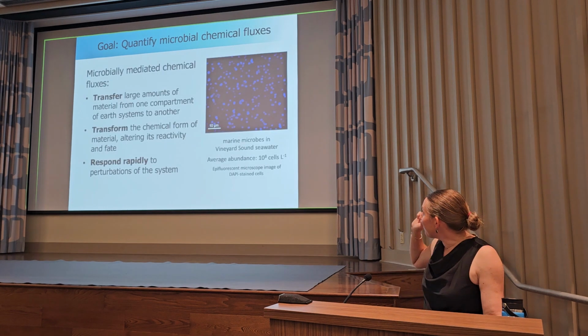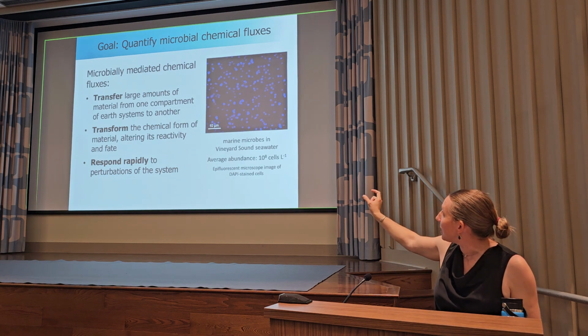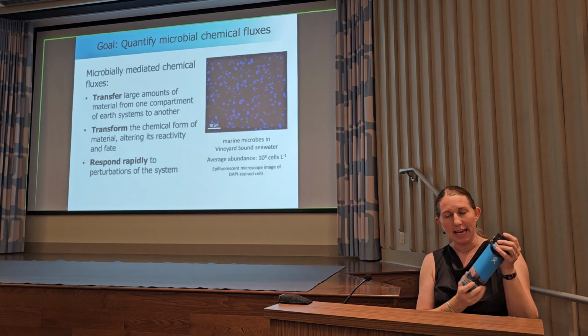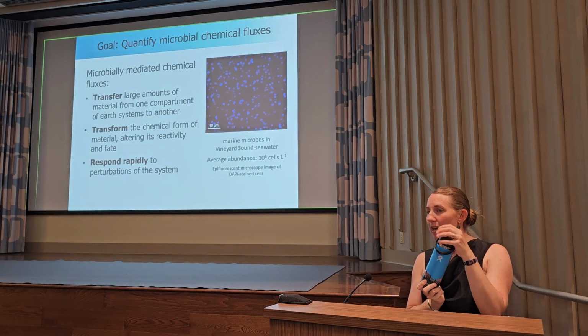So those microbes, just giving you a close-up picture of them, again, they're really tiny. There's a scale bar on there that's 10 micrometers. So your average microbe is 1 micrometer in size. There's 10 to the 8th cells per liter. So this is like half a liter of water, and it would have 100 million cells,